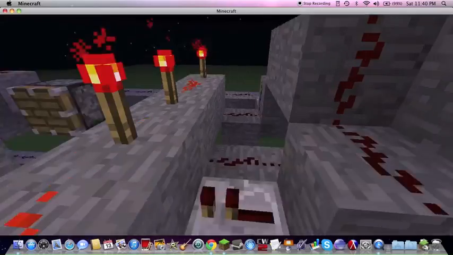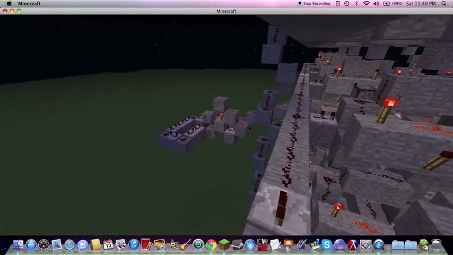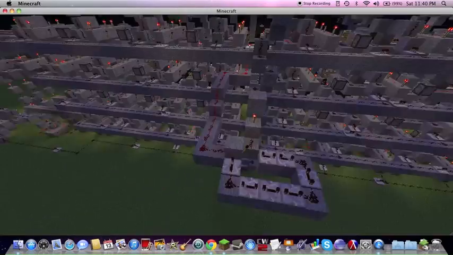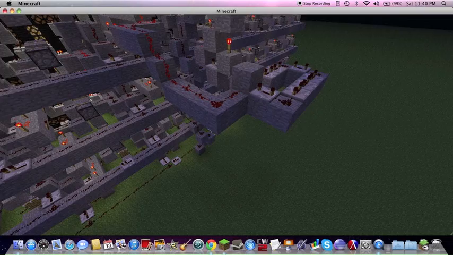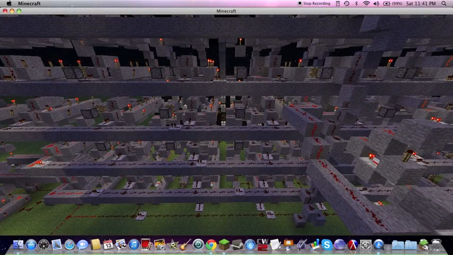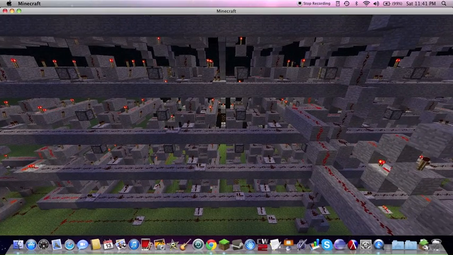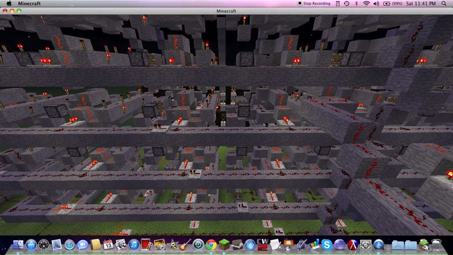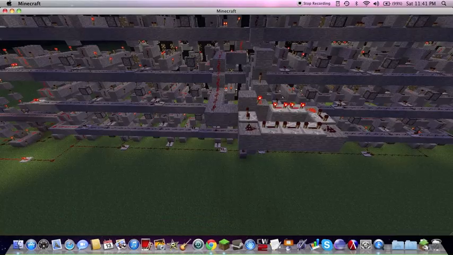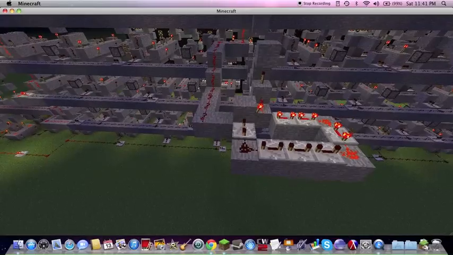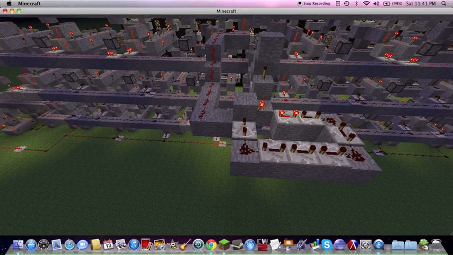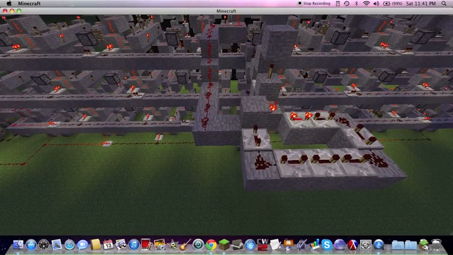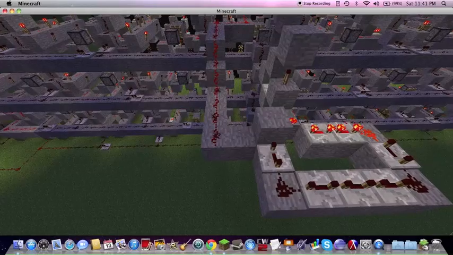We can take a look at how this looks from behind really quickly, if you want, or I guess we will. Pulse lighting up the whole structure. You can see the pistons pushing maybe, and let's just see the clock running. You see the signal is traveling through gradually, and then